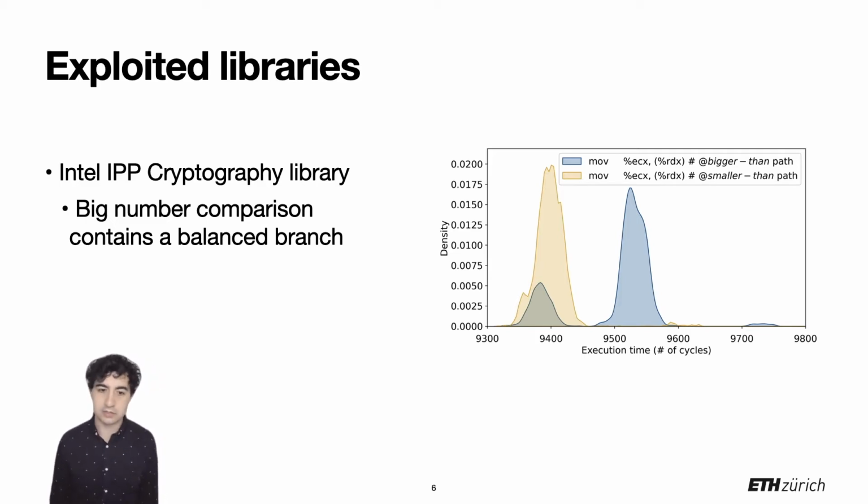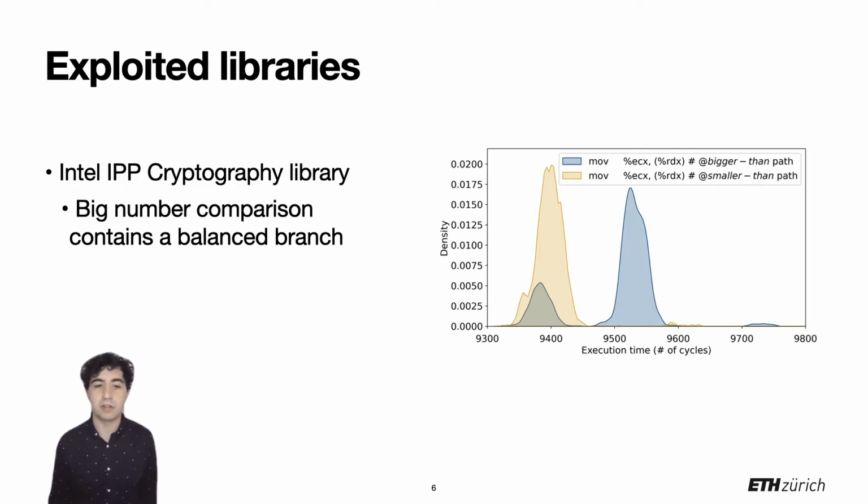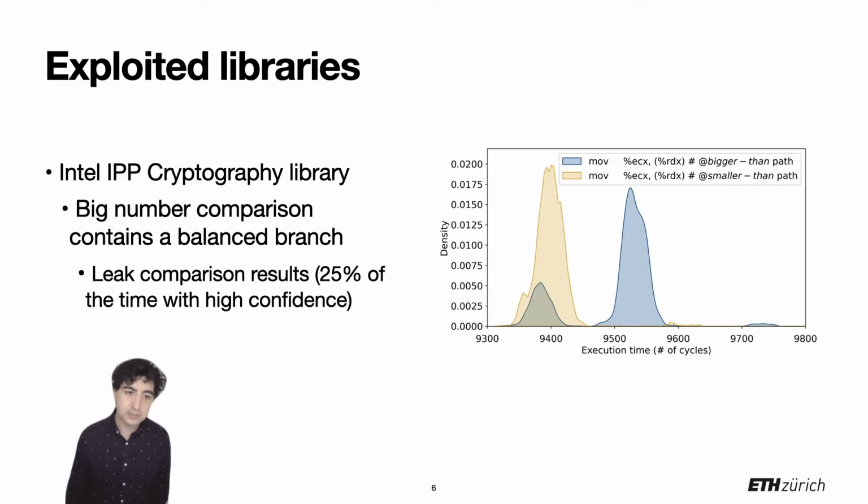the x-axis we have the execution time in cycles, and on the y-axis we have the density of the distribution. So the yellow curve represents the distribution of a memory write in the smaller than path, and the blue curve represents the same memory write, except this time executed on the bigger than path. So as can be seen, the attacker can distinguish when these two branches are executed, so it can recover the result of the computation. And this allowed us to leak 25% of a secret that was used on a loop